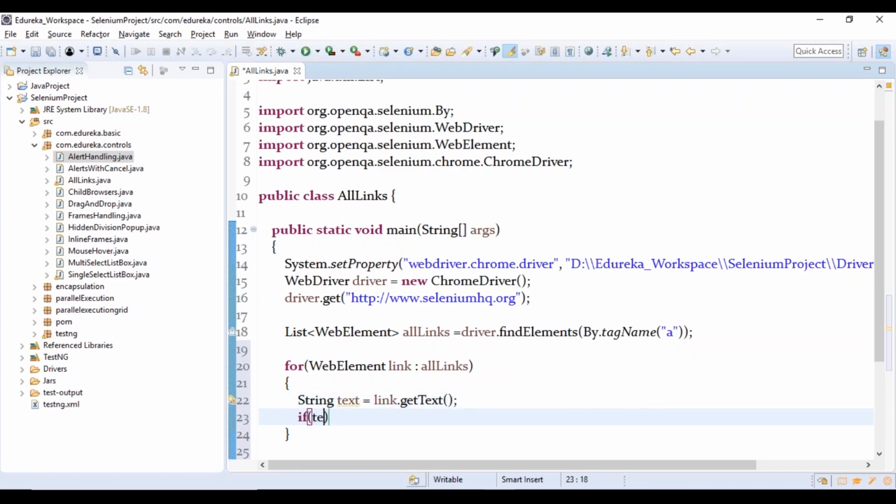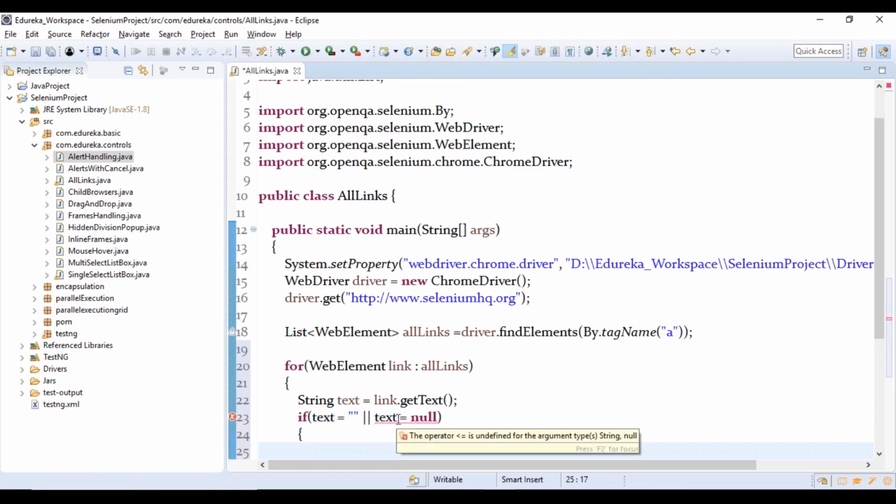And if text is equal to blank, or if text is equal to null, then what we are going to do? Here it is not allowing the null operator.